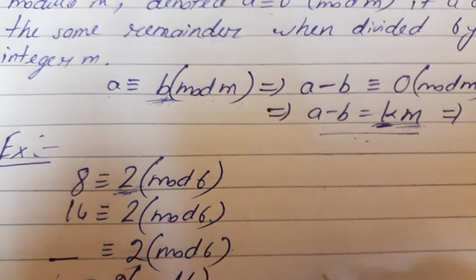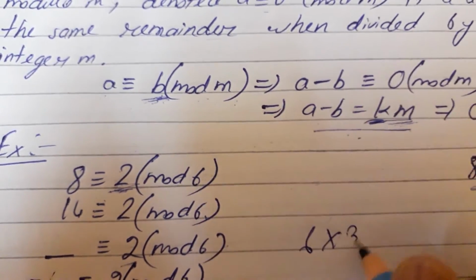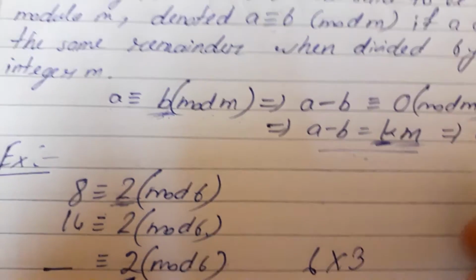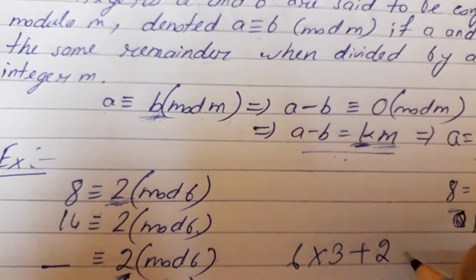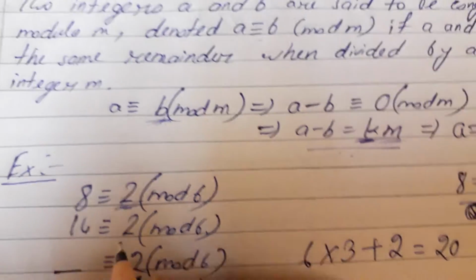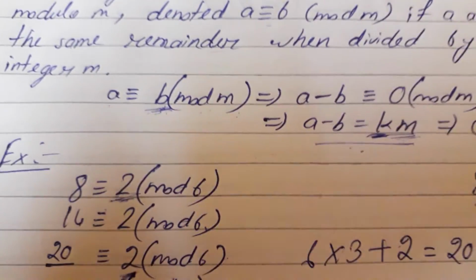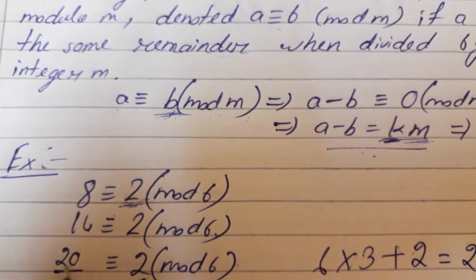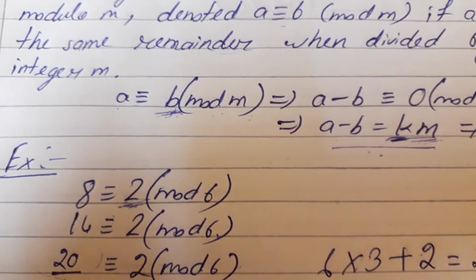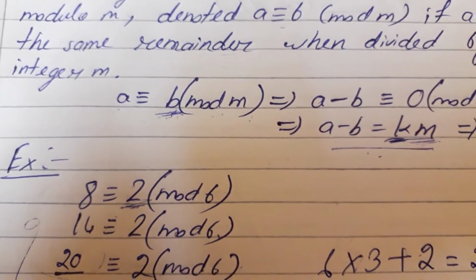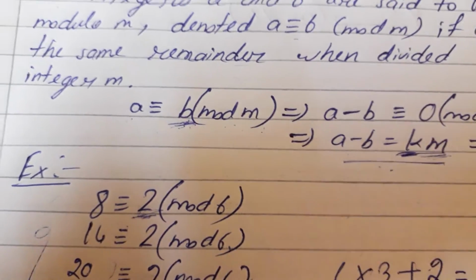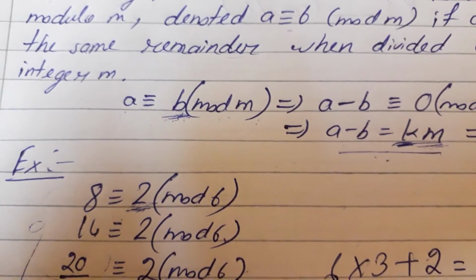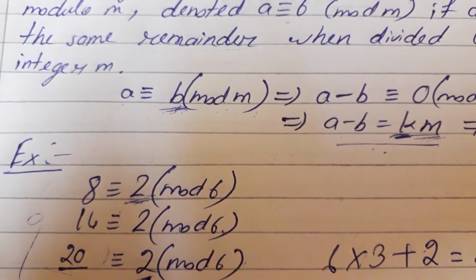So you can tell me a number. Suppose 6 into 3 is 18, and if the remainder is 2, then we can say 6 into 3 is 18, plus 2, so you will get 20. So here the answer will be 20. Now see, if I ask you to tell me one number in place of this 20 which is negative. Up to this we have done non-negative integers. But now if I ask you to tell me one integer which is negative, then how to solve this?